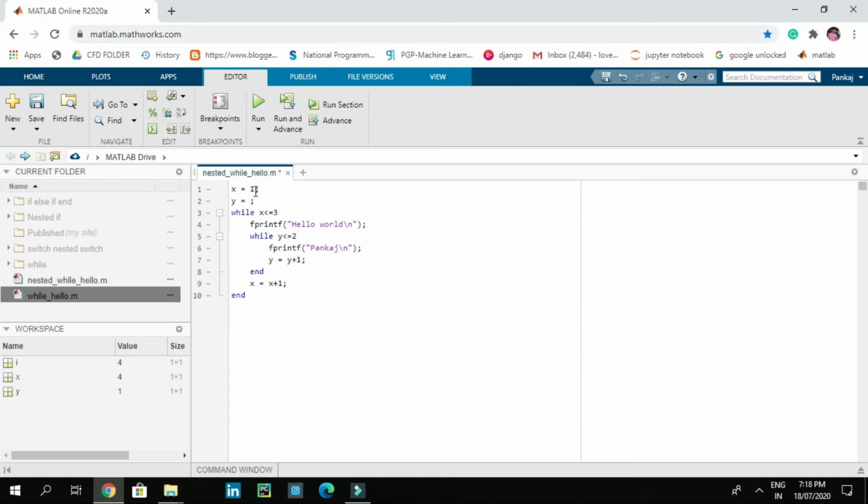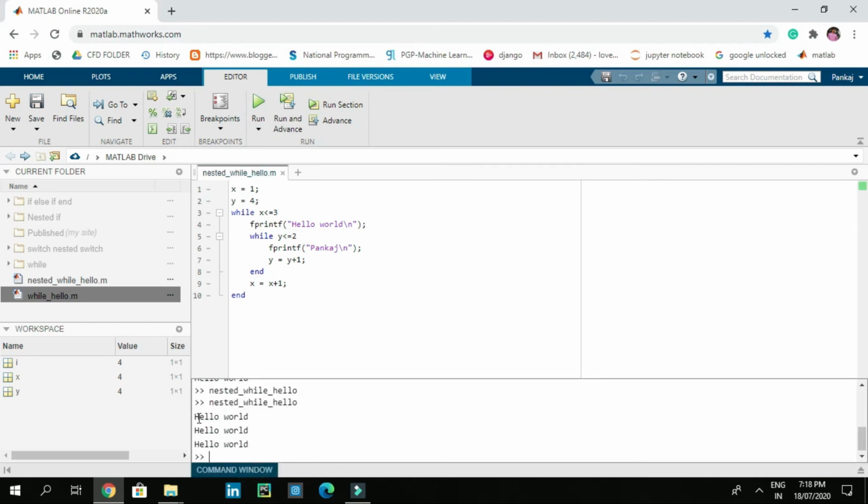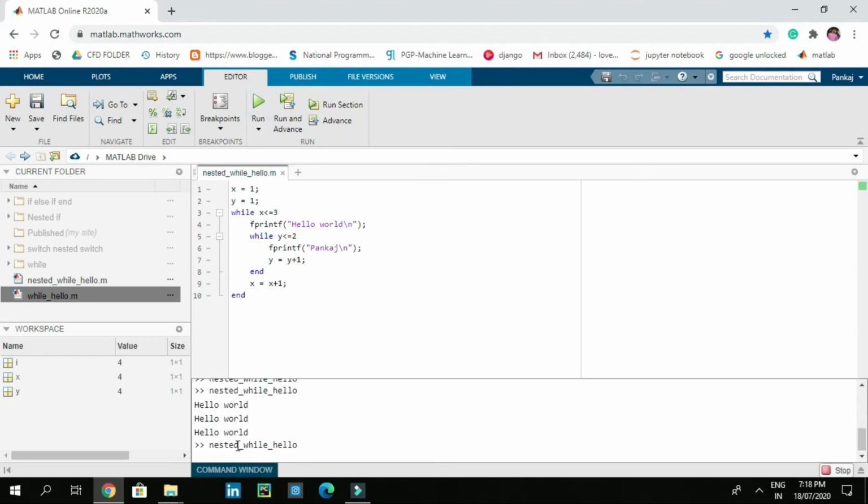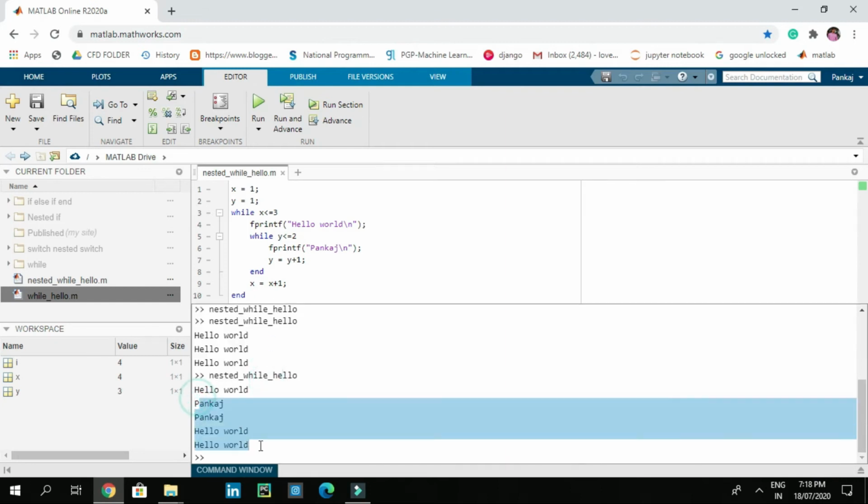Now let's change y equal to 4, and let's run this code. So it is going to print only hello world because y is not lower than 2. So we want x and y is lower than 3 and 2, because we added statement like this, then only that statements are going to run.